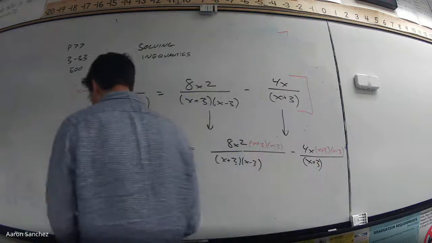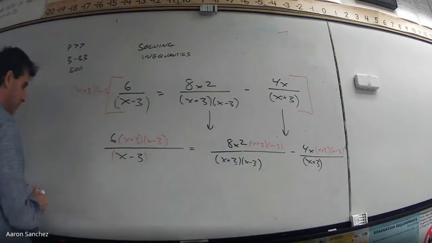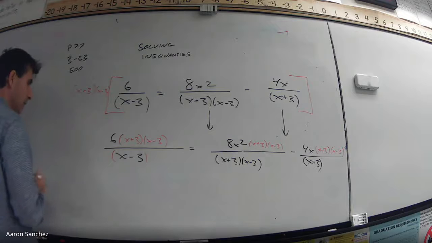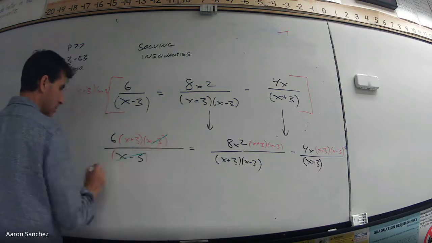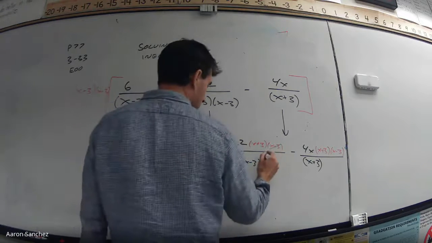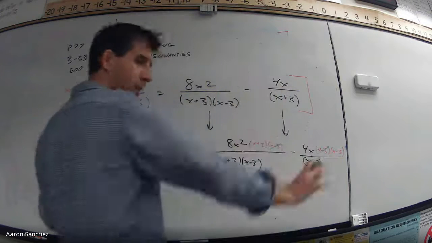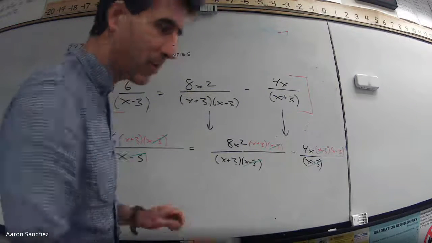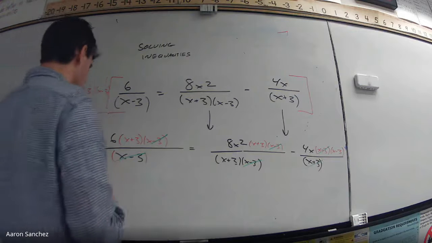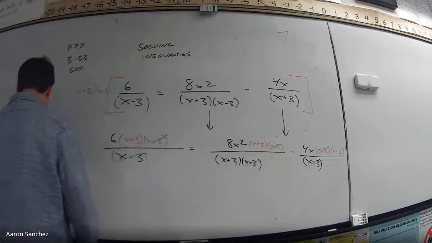Okay, so let's start clearing it out. x minus 3, x minus 3. x minus 3, x minus 3. x plus 3, x. Now, you need to write it all out, not necessarily, but I think it's easier to see when you write the whole thing out to see what goes with what. And so our final answer is